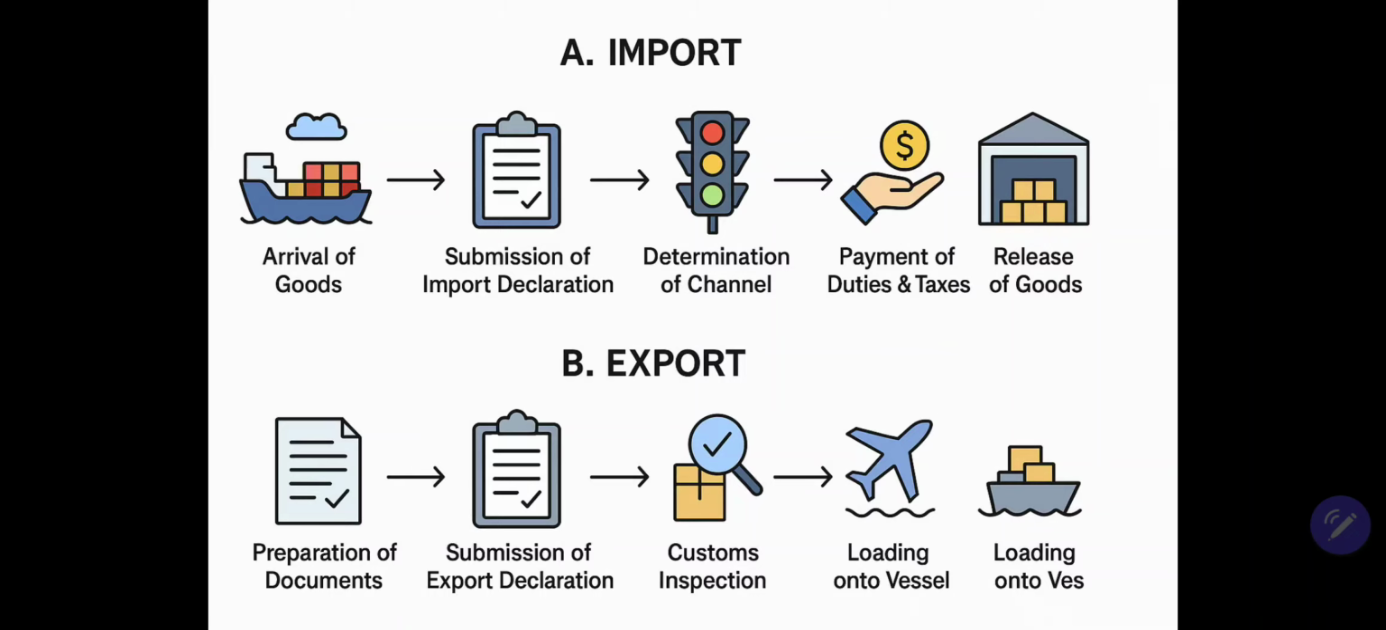The goods arrive at the port or airport. For example, arrival of goods. Okay, the goods arrive at the port or airport, and for this example, through sea freight. After the goods arrive at the port or airport, the